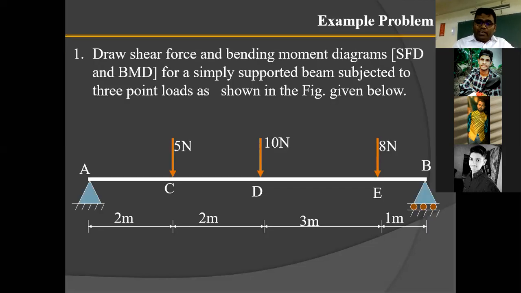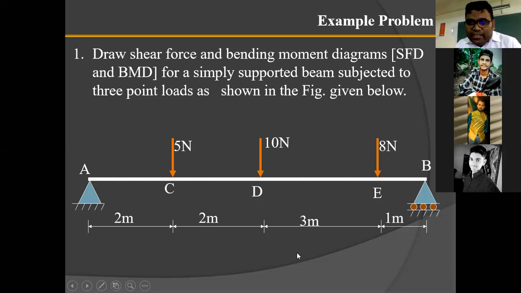Okay, this is a numerical. So this is a problem we have to solve today. So dear students, this is a beam having a roller support and a fixed support. This is a roller, this is a fixed. This beam type is a simply supported beam, and the force which is acting is a point or concentrated load. For this load diagram, we have to draw the shear force and bending moment diagram. For that, we need to calculate the shear force and bending moment.